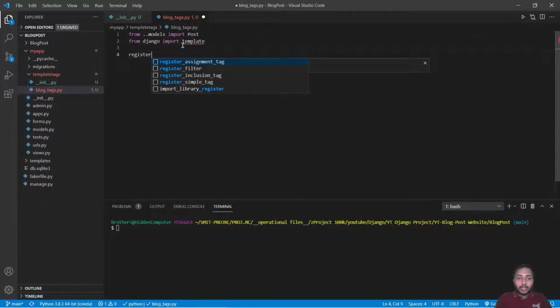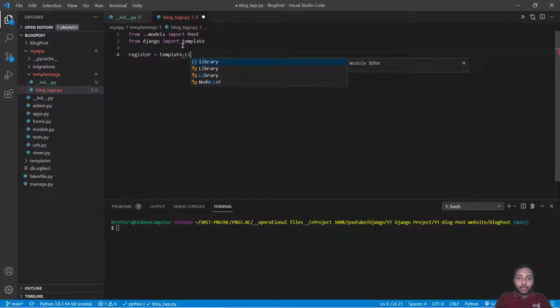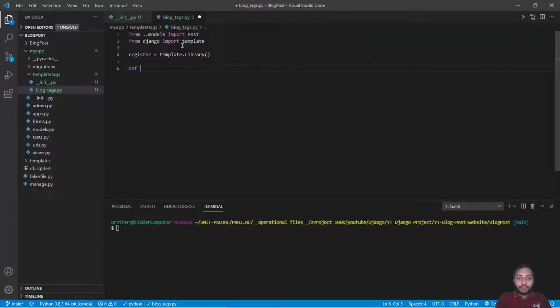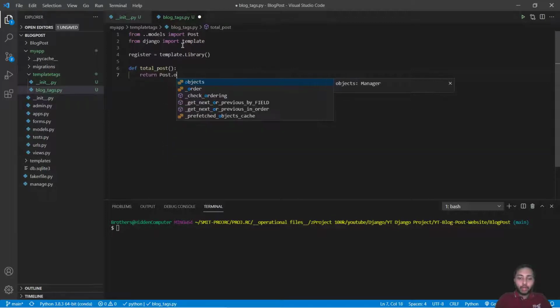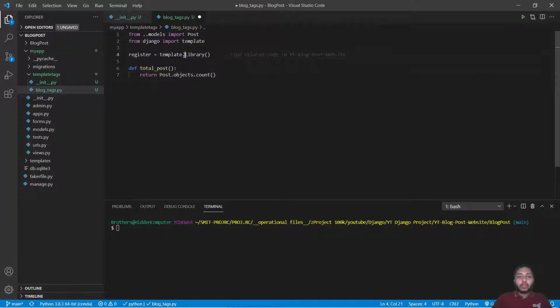And now we will create register equals template.Library(), and we will define a function total_post. This total_post will return Post.objects.count(). Okay, so at first we have created a register, and then we have defined a function called total_post that will return the count of total posts.